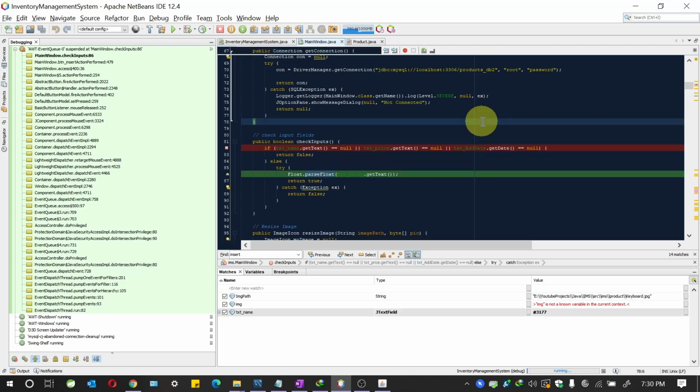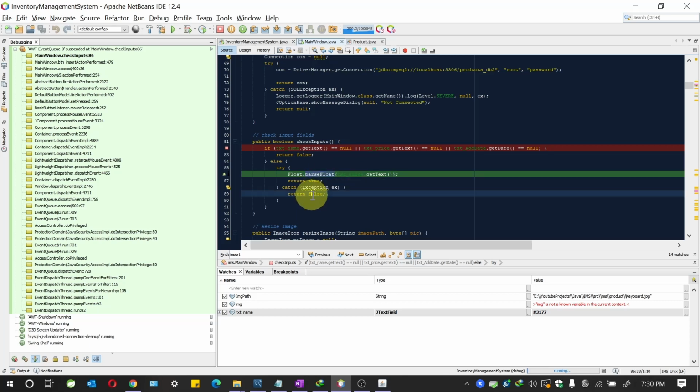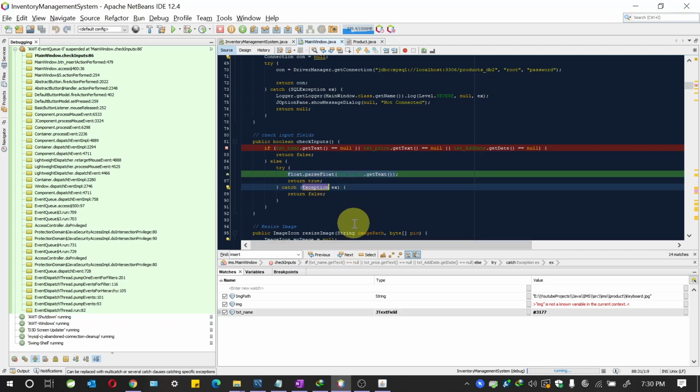Now when we go into the checkInputs functionality, we need to check whether the float value we have passed, that is the price value, is getting parsed correctly. We do this because if we do not parse the float value, if you pass a string, you might get an exception here. You can even handle this exception in a less visible way. I've just handled it using Exception. A better way would be to